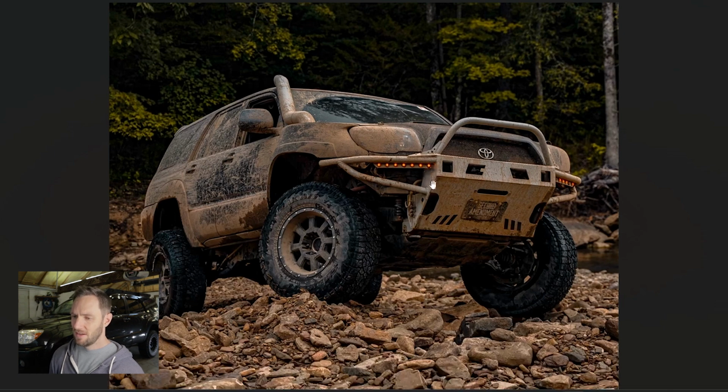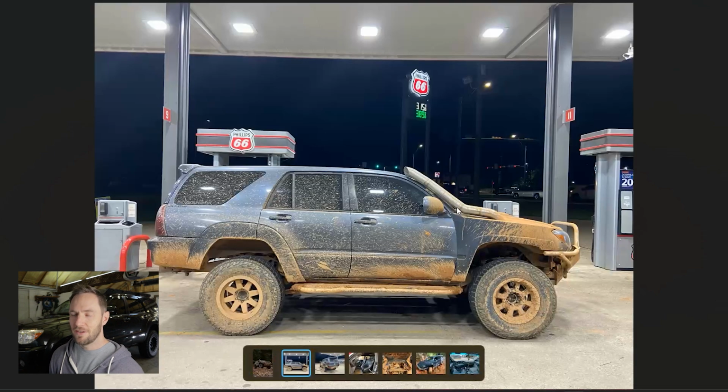which I'm assuming are probably the turn signals because these earlier model 4th gens, I believe the blinker was down in the front bumper. So I guess that was a necessity. You didn't have a choice. You had to do it. Looks weird though. Ooh, gas station pictures. Who doesn't love gas station lighting for pictures of the vehicle, right? We all love it. In this case, it shows off how dirty and beat up your 4Runner is,